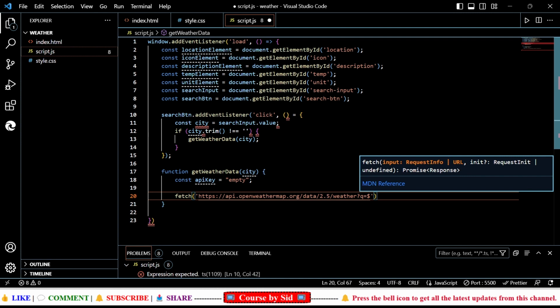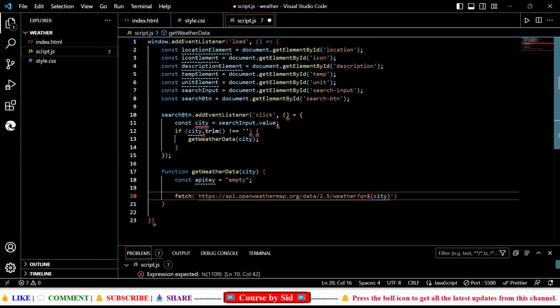then I'll write city, and after that I'll use this instead of this. Now I'll use &appid= and then I'll write API key. Right. Now after that